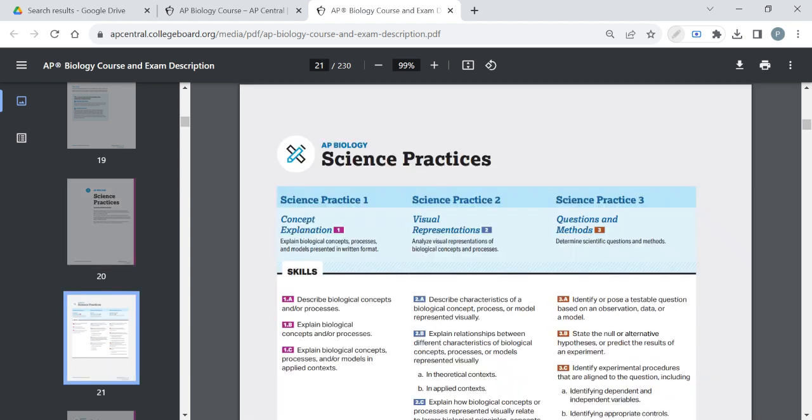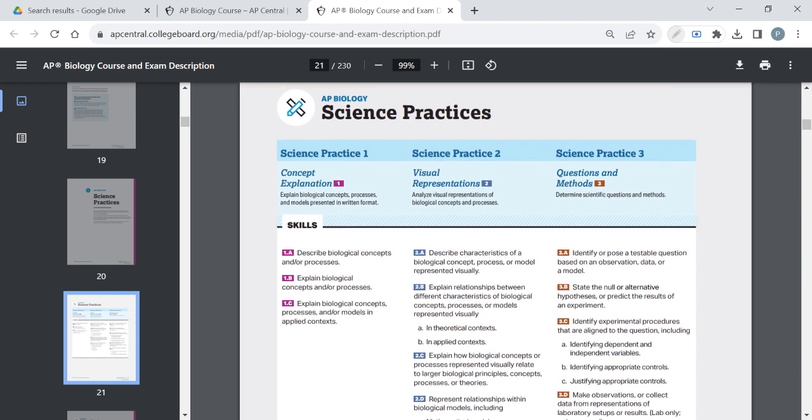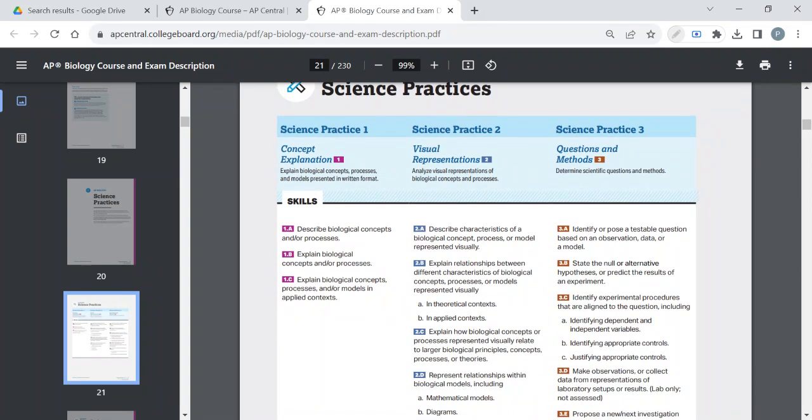Page 21 actually has the science practices as well as what goes along with them. So we'll just knock through them real fast. Not going to go anything crazy, just show where it shows up in the document itself, the CED. The first one is concept explanation. In this case, you are literally explaining the concept. You can describe, identify vocabulary, and explain what it is we're looking at